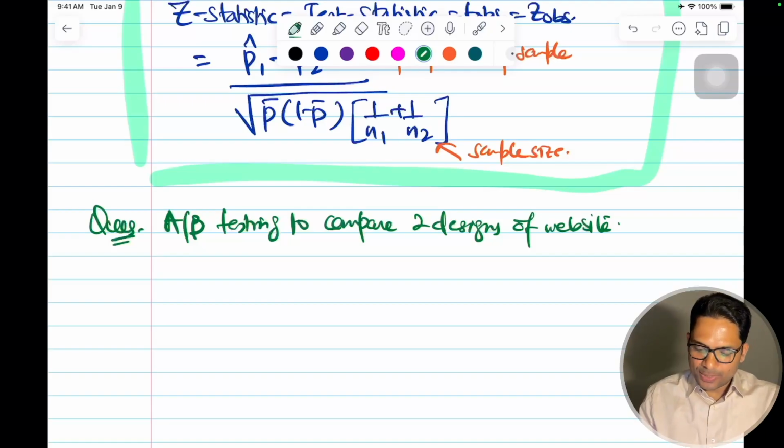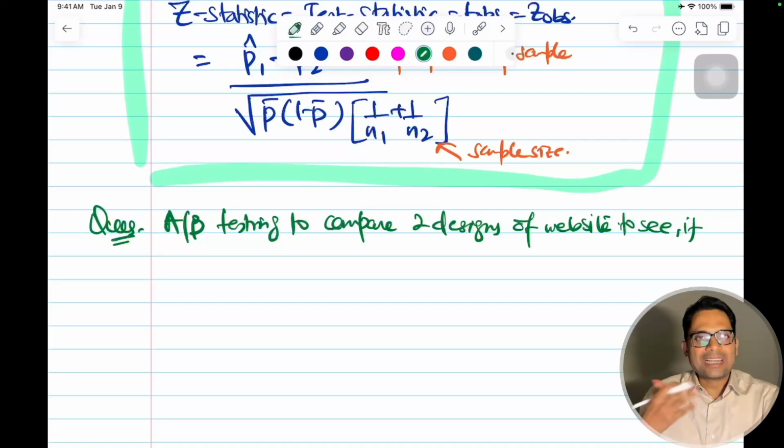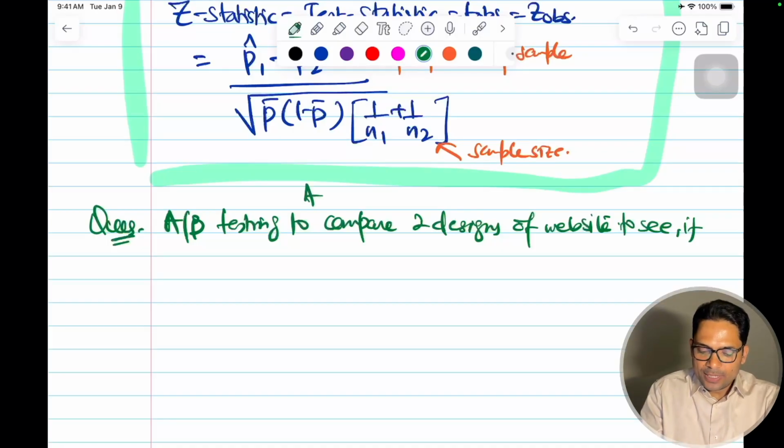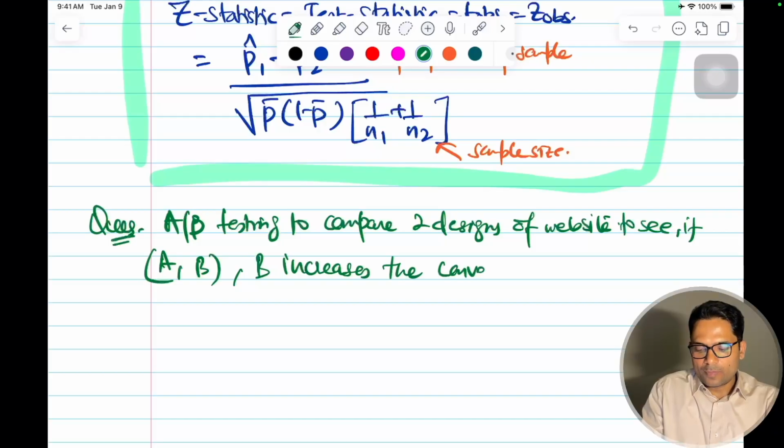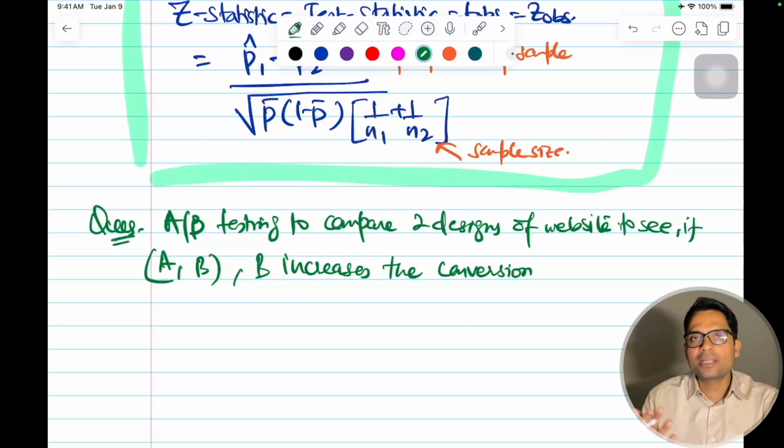So I have A/B testing to compare the two designs of a website, and my claim is that, there are two designs, A and B. So there are two designs, A design and B design, and my claim is that B increases the conversion rate. This is my claim. So maybe A is the existing design and B is the advanced design. Maybe the color of some button is changed or the web page font is changed. Some minor change has been done, or major also. And then I say that the new change, which is measured by B, increases the conversion rate,